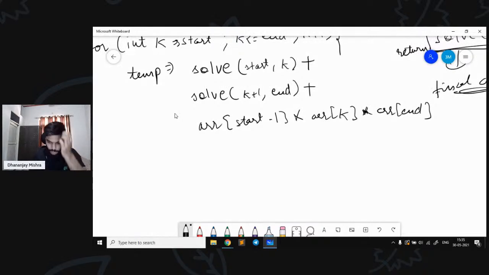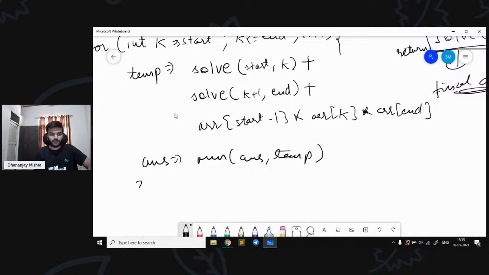Now as we are saying, this is a temporary answer, right? So we have to check, out of all these temporary answers, what will be the minimum one. So I will have an answer variable and I will keep the minimum out of it, that is answer and temporary, right? And once this loop is over,